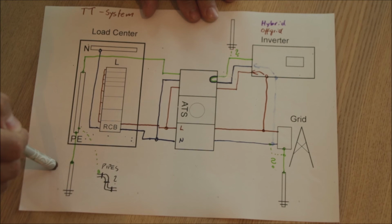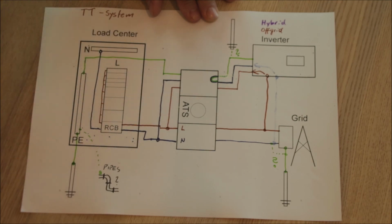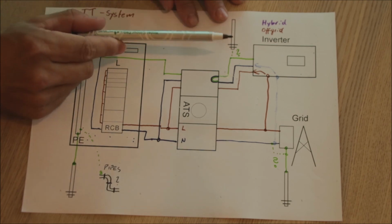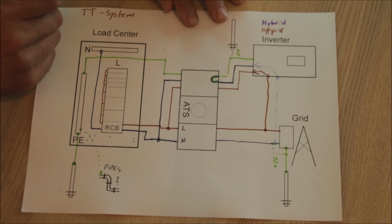Because you are now providing the TN link to that grid connection. But of course, if you are living in a street and you have several neighbors and they're all on that same transformer, you would provide a TN link to each of those houses. And that might not be legal, right? So unfortunately, in the TT system, you have to be extremely careful with the equipment you buy. This sort of inverter, which is just switching something through, is not possible to be used here. So we cannot